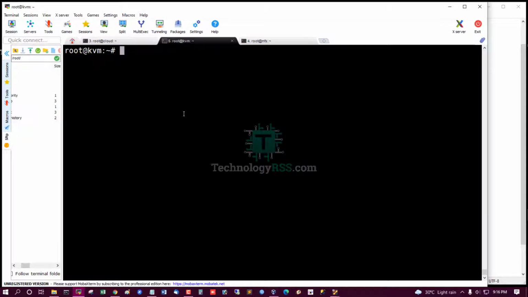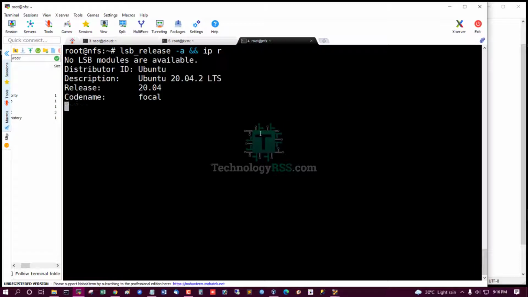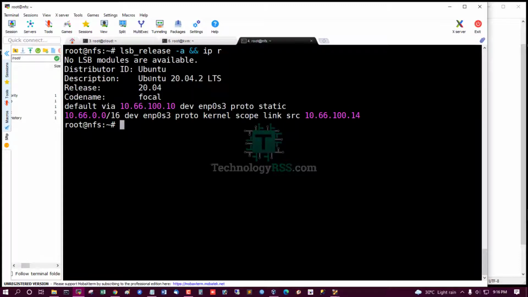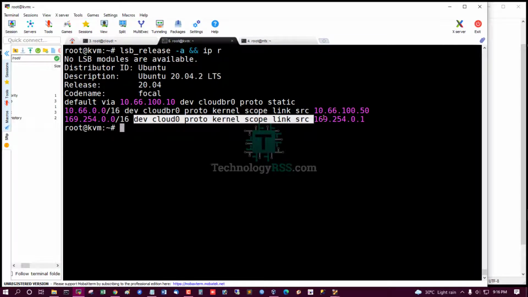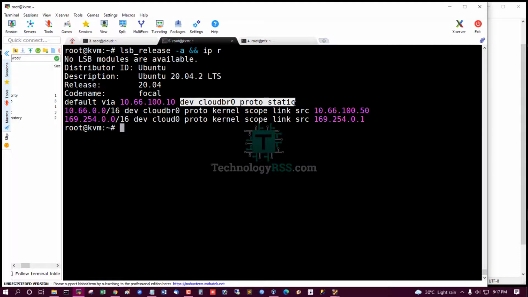This is my cloud management server, this is the KVM server IP address, and this is the NFS server, Ubuntu 20.04 and IP address. The KVM server must be a physical server because virtualization must be enabled, otherwise you cannot create any instance.